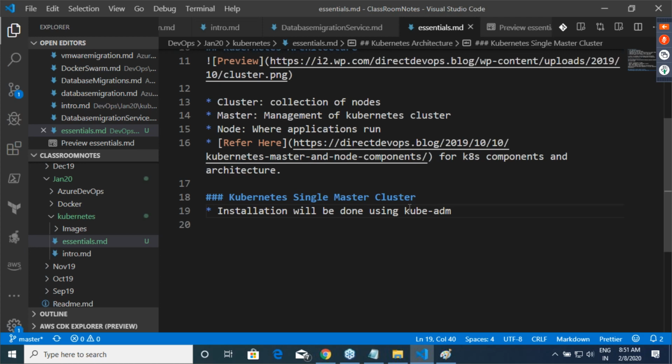Some components are still in beta mode. Once all the components reach a release state, you are good to use it in production. Still, some companies use kubeadm for production, even though Kubernetes is not recommending it. That is the risk your company is taking. We will be using kubeadm because it is an easier approach. There is no other reason. kubeadm is something which you and I can install easily.